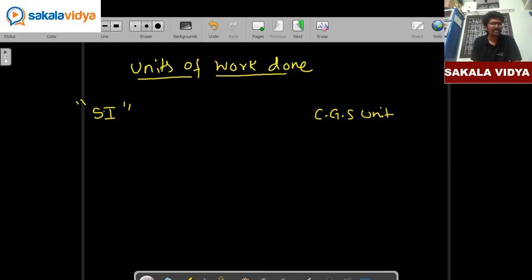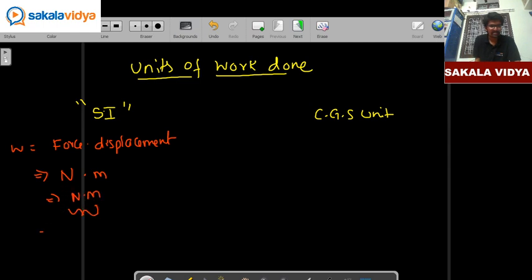So what is the basic definition of work done? The basic definition of work done is equal to force multiplied with displacement. Yes or no? So my dear students, work done is nothing but force into displacement. In SI units, what are the units for force? Newtons. In SI units, what are the units for displacement? Simply meters. So work done is Newton into meter. Simply the Newton into meter is nothing but joules,